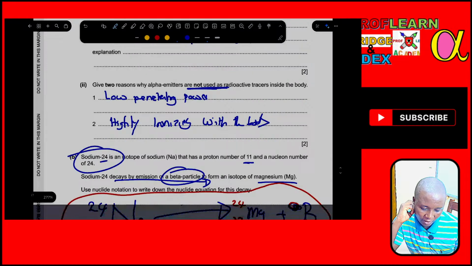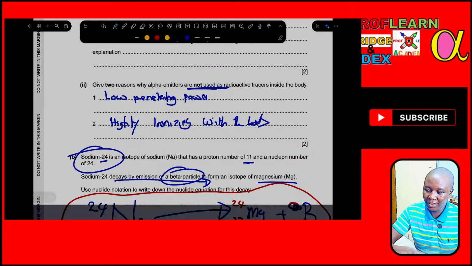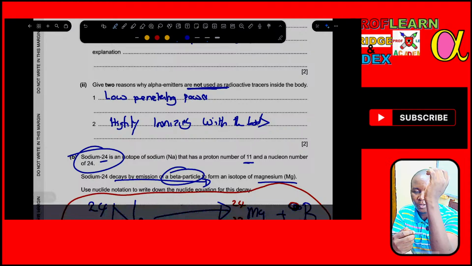Give two reasons why alpha emitters are not used as radioactive tracers. Remember, radioactive tracers are usually swallowed or taken as food so that they are absorbed into a given part of the body. Then a detector is placed outside the body, so that they can trace the movement inside your body. So a detector will be placed outside, meaning radiations have to get out to be detected. But